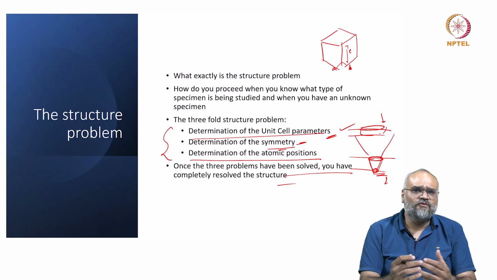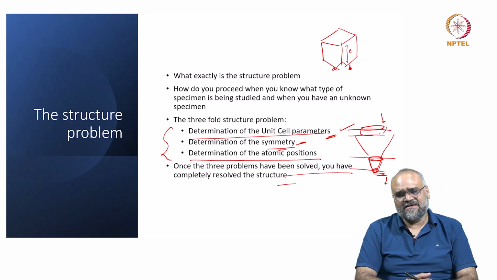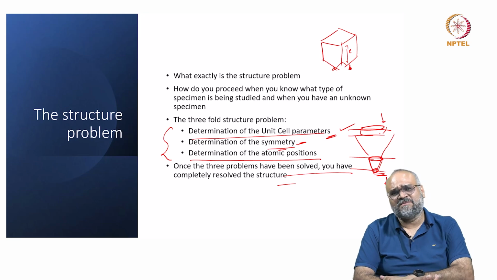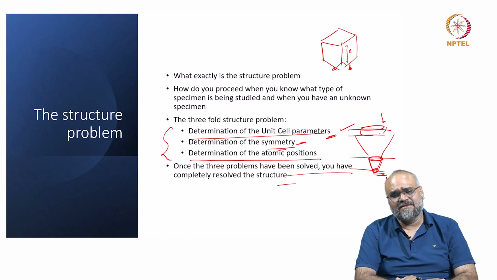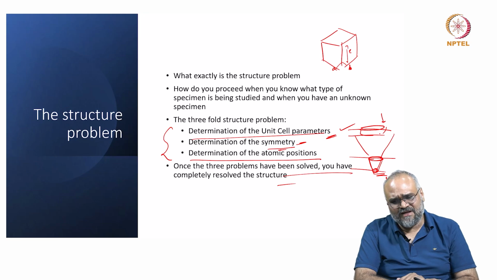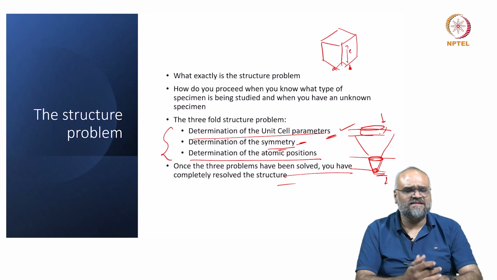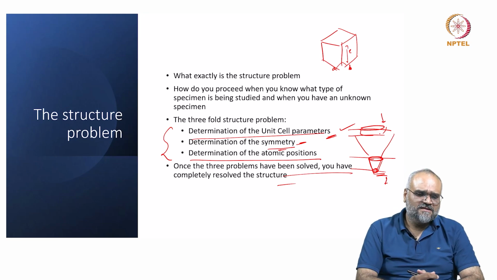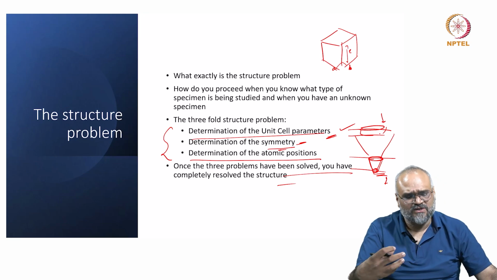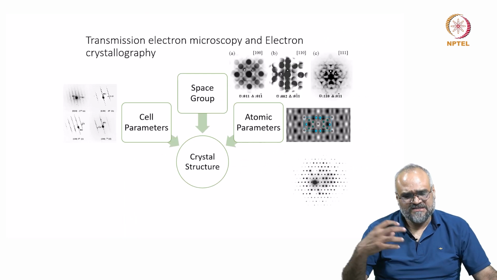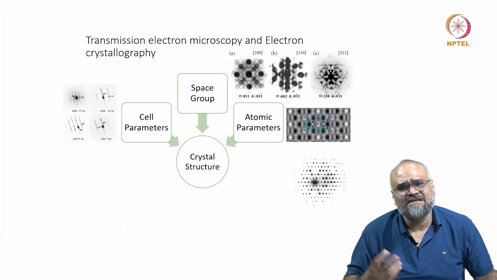If I have a two-phase material and if the distribution of the secondary phase is extremely small and I would like to see where these secondary phase morphology is, how it is and where it is distributed within the specimen, then I might want to do electron diffraction. So, you should be wise in choosing, and sometimes complementary methodologies to determine crystal structure always gives you a better solution. So, let me show this structure problem sort of schematically with what kind of information I get within the